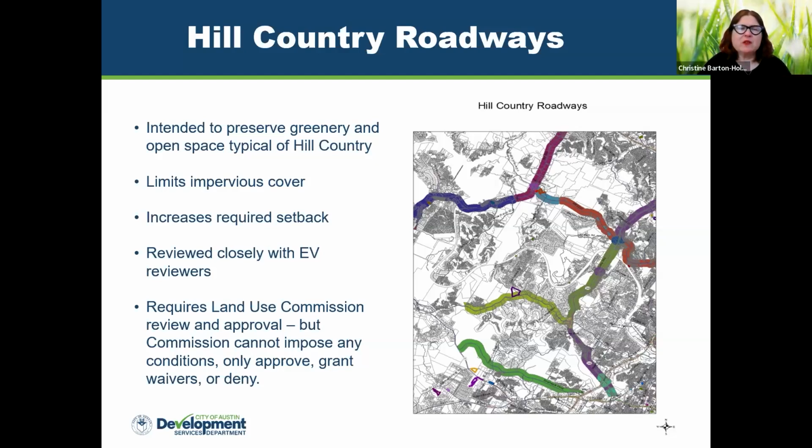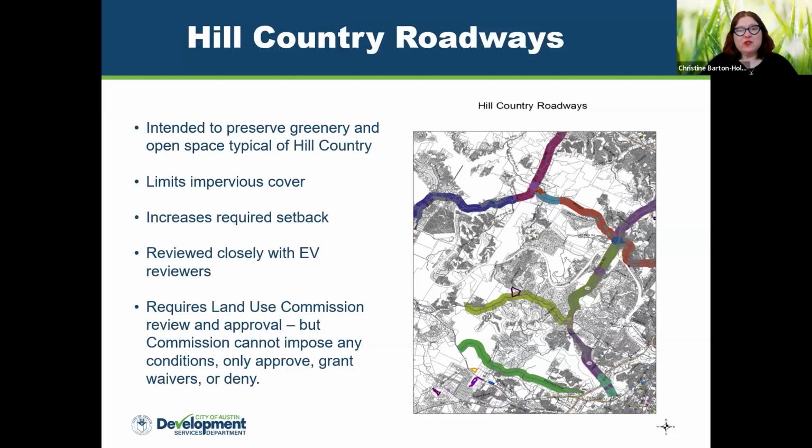I believe it's 40%. And again, they limit impervious cover because they're also typically in environmentally sensitive areas within the city, within watersheds. So those are intended to preserve the feeling of being out in the middle of the Hill Country, wherever you are in the city, the western part of the city.